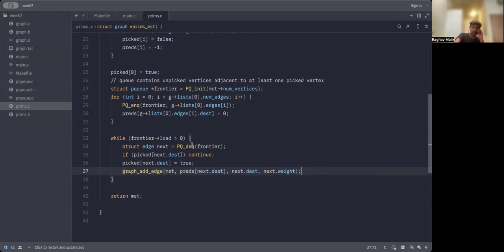Now I've removed this vertex from the frontier. So I need to add all of the outgoing vertices, right? All of the unvisited outgoing vertices. Unvisited or just any of them? Unvisited. Yeah, unvisited outgoing vertices. Okay. So let me add,